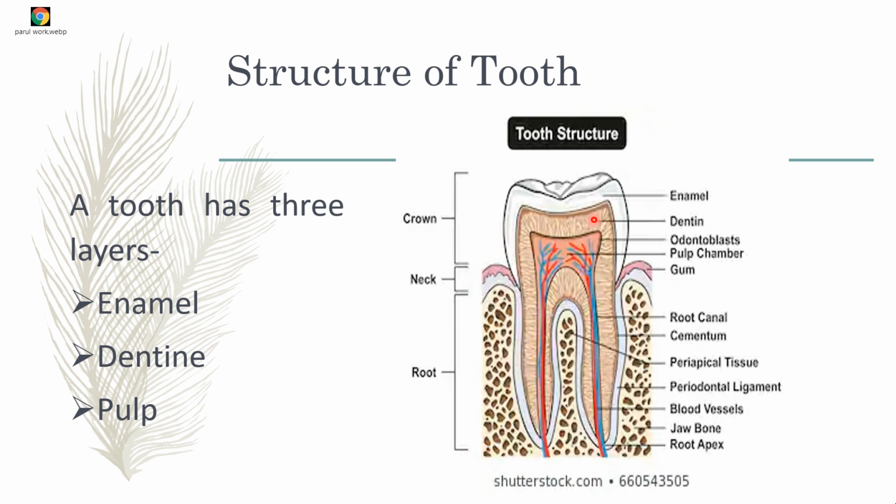Now dentine. Dentine is found below the enamel. It is hard, bone-like, but softer than the enamel. Now pulp. Pulp is the central and soft part of the tooth. It has a supply of nerves and blood vessels. So there are three main layers in the tooth: enamel, dentine, and pulp.